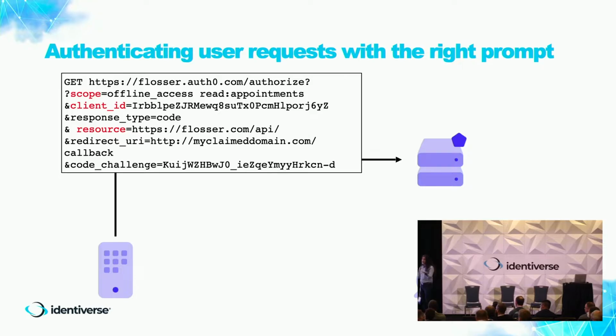For example, the scope intuitively represents very often some level of access that you want to achieve. And so it's very likely that the authorization server will take that into account when deciding how to prompt the user, what kind of challenges to show. The resource is a way of identifying the particular resource server. Again, that's an important scoping mechanism, which might determine the experience that the user gets. And there are others, but I'll tell in a second.